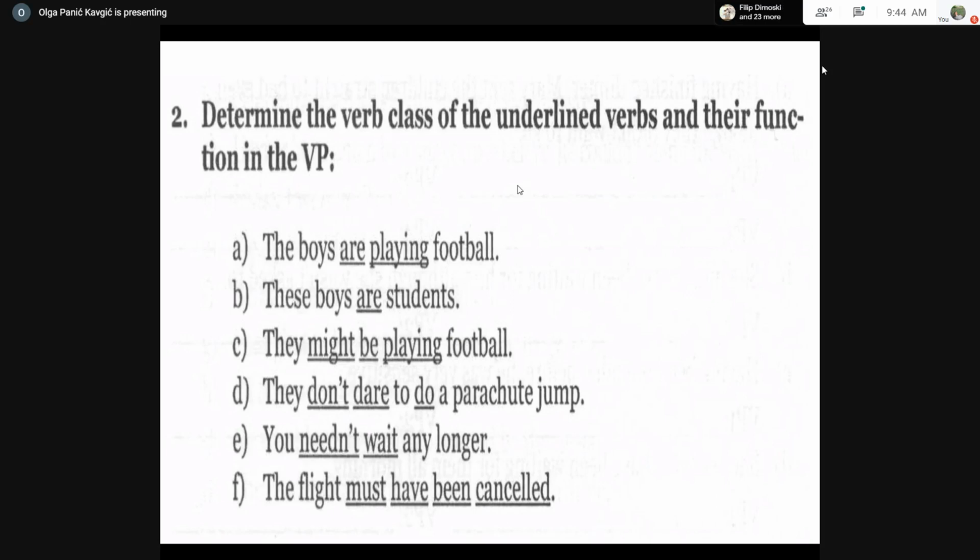Okay, very good. And which of these is then the operator? If you remember. B? Would you say they might be not playing football? Or if you want to ask a question, be they might playing football? Okay. Might then. So the operator is always the first auxiliary. So if there is just one auxiliary, then it's easy. It is at the same time the operator. But if there are more auxiliaries, it has to be the first auxiliary. So the first auxiliary is the operator.